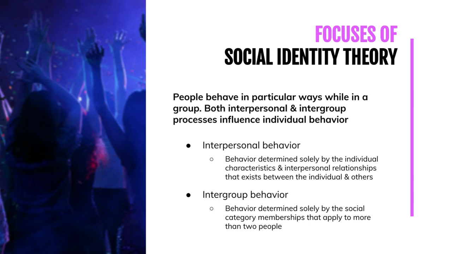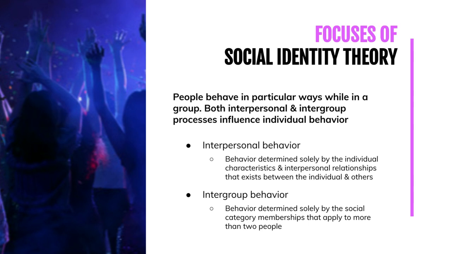From this perspective, the social frame provided by intergroup beliefs influences whether people seek social mobility between groups, competition between their own group and another, or creative efforts to redefine social evaluation attached to their group. And these efforts, as you know, in turn, are affected by sociological factors such as intergroup permeability, status stability, and legitimacy. And so here again, some of the focuses of social identity theory are recognizing that people behave in particular ways when they're a part of a group.